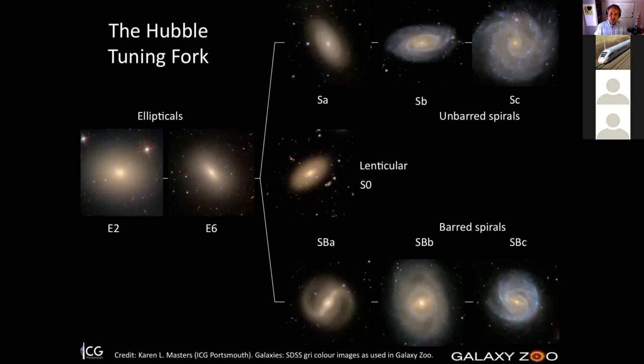And so we want to update this, right? So this is an updated version using the Sloan Digital Sky Survey from the same Hubble tuning fork. The credit goes to Karen Masters, and so you can see that yes, there's also color information in these classifications, right? So elliptical galaxies are red, and spiral galaxies have a blue disk typically, but some of them are a little redder, and the bar is typically red. So we've got red and dead, massive elliptical galaxies in clusters, and we've got,